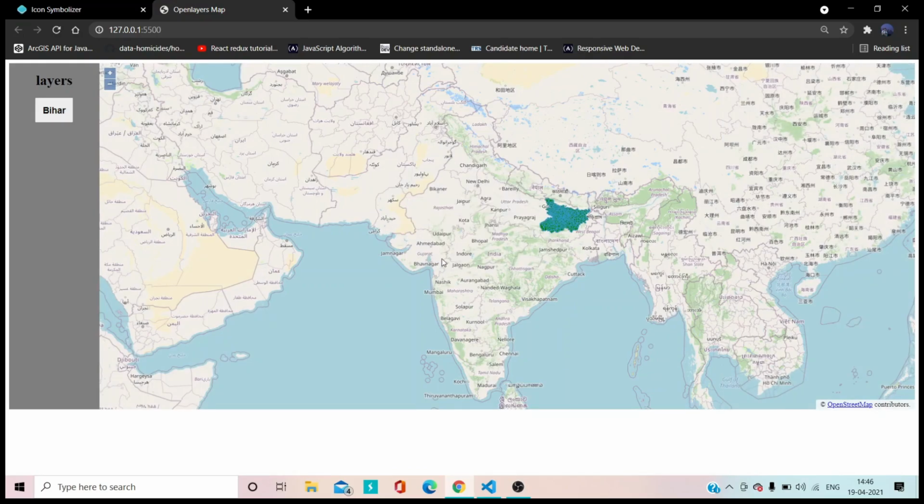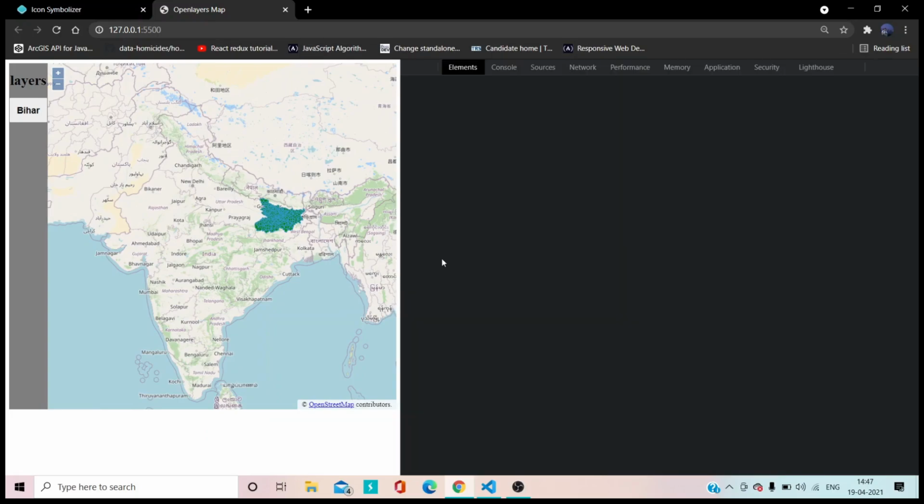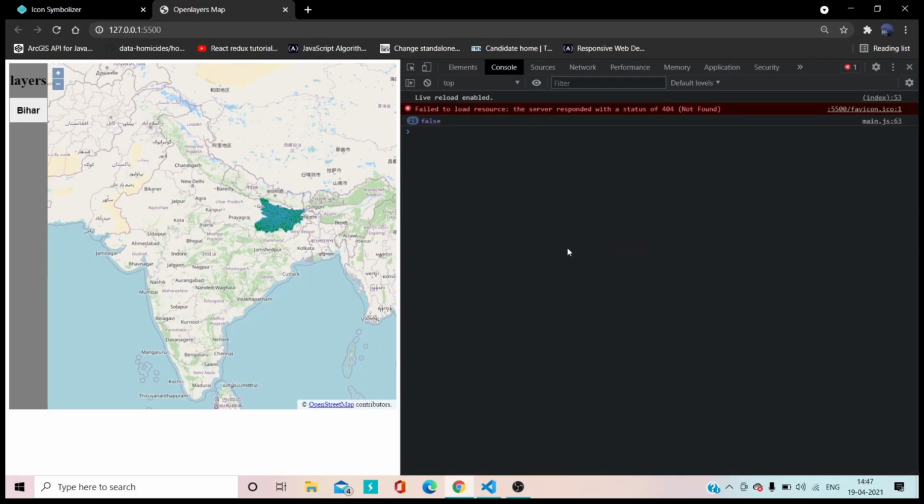So let's go and inspect. There is one error. Okay, we can neglect this error. Once I come over to my JSON, see it's getting true.